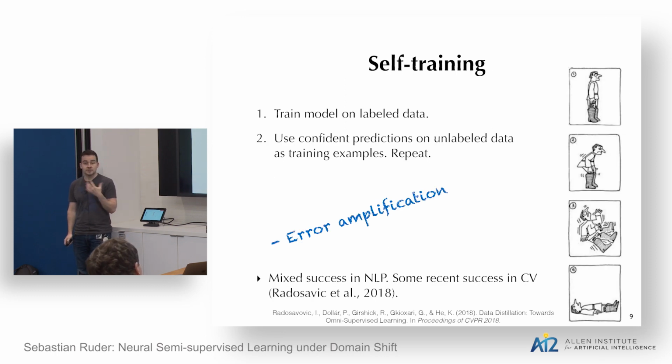And so coming to self-training here, if you're not familiar with that method, it's basically the simplest method you can think of to use a model's own predictions for semi-supervised learning. It works essentially in two main steps. You first train your model on all of the labeled data, and then after having trained the model, you simply apply it to the unlabeled data and take the most confident predictions of the model essentially at face value. So the most confident predictions of your model over some threshold, you would add at face value as gold examples to your labeled data